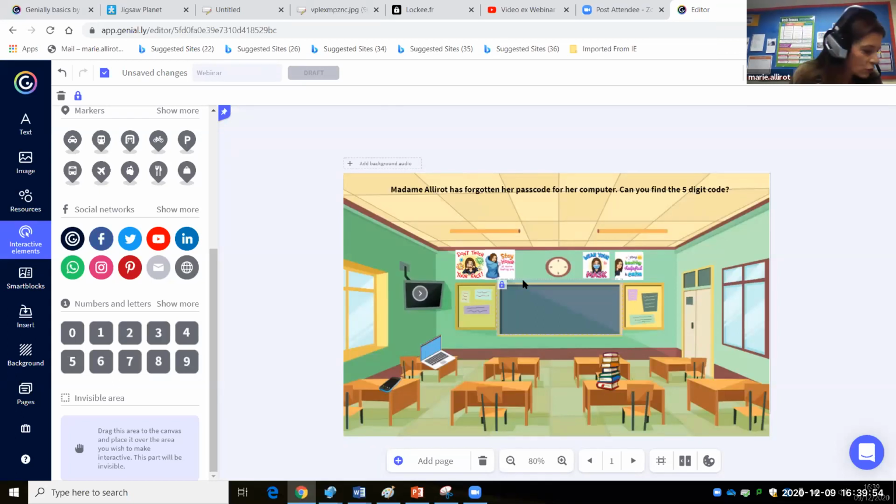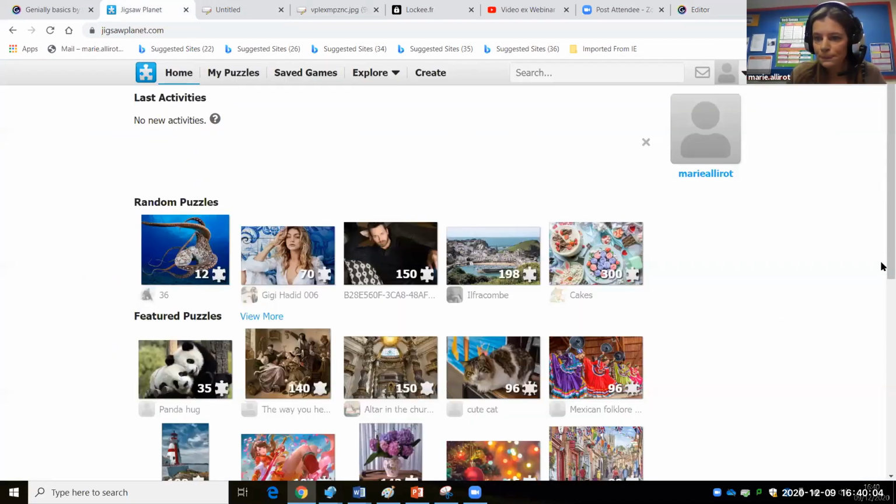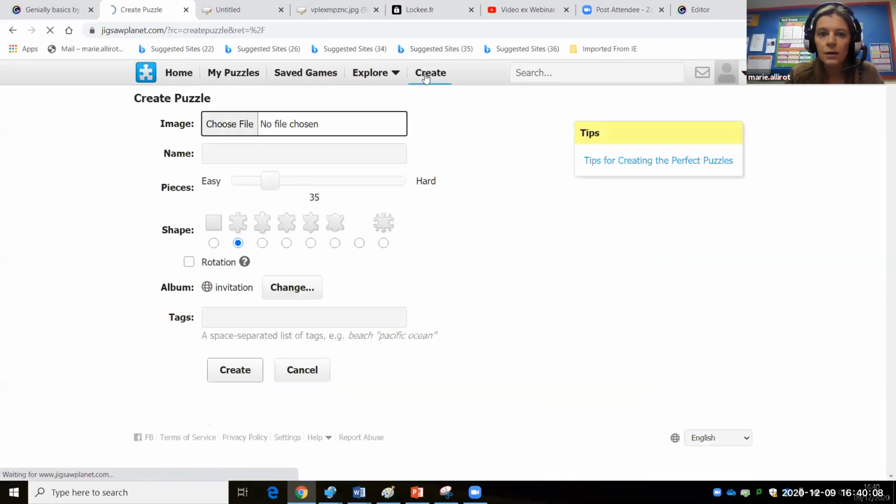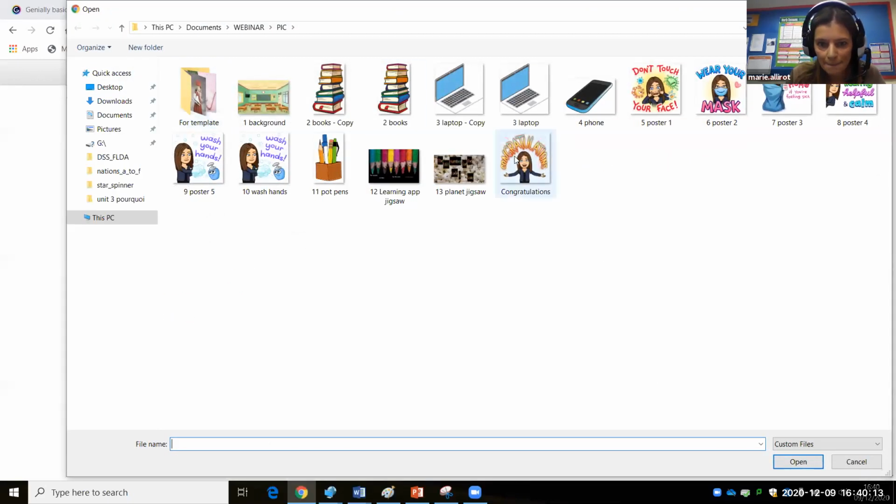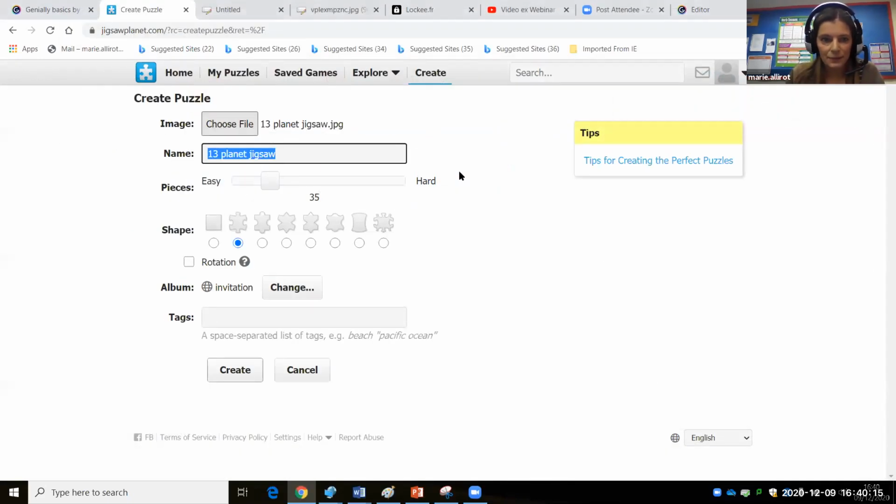So we've got the video, audio, pictures, dragging pictures, and the learning apps. One last thing I'm going to show you is Jigsaw Planet. Again, it's a free app, and you can easily put it in your Genially. You create your account, and then it's very easy. Just click on create. I've already prepared my file, and you create a jigsaw puzzle.